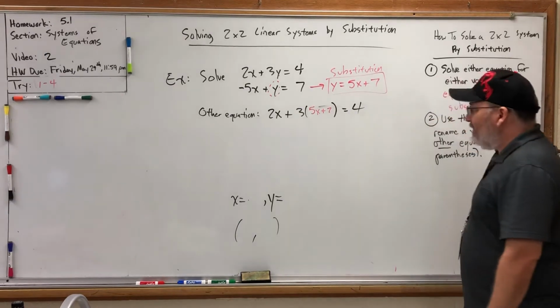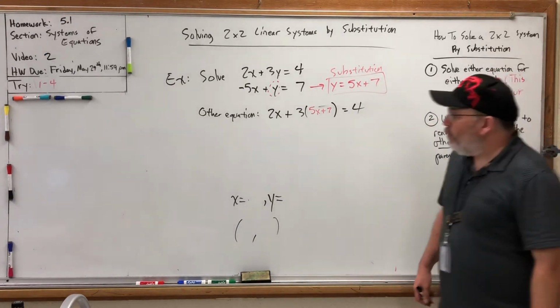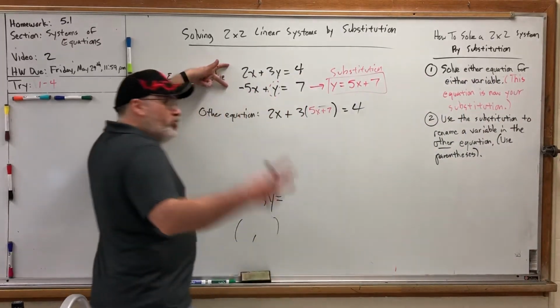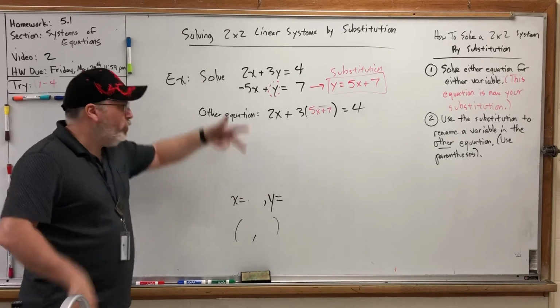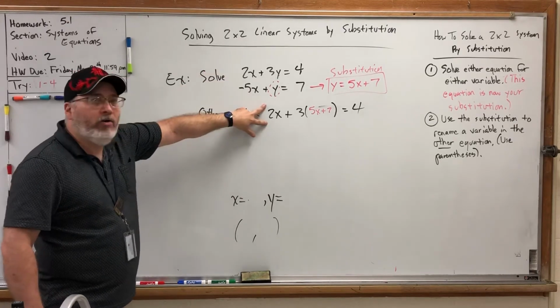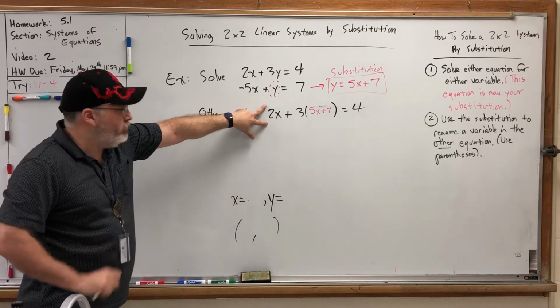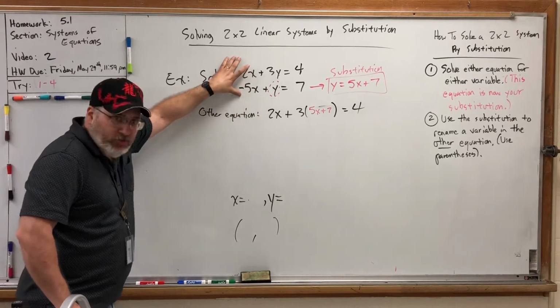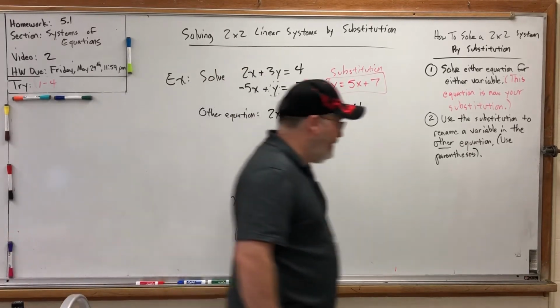Now, that looks like it makes things worse, but it makes things tons better, and here's why. We started out with two equations with two variables. And we couldn't solve for either because each one was in the other one's way. But where are we now? One equation, one variable. We've just reduced this from a 2x2 system to a 1x1 system, and we can solve that. Step 3,